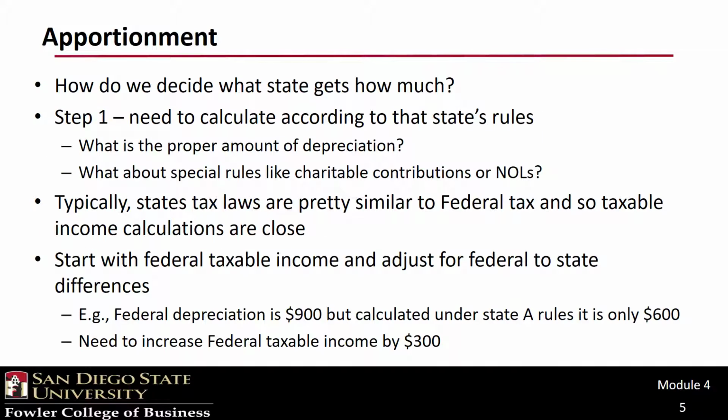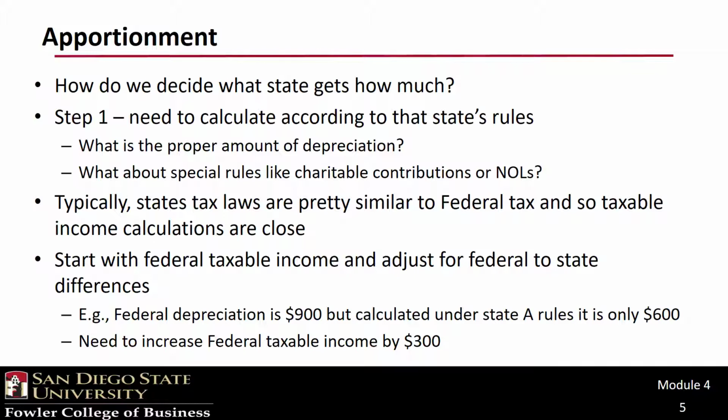But even before we get to the distribution of income across states, consider this. Our starting point was federal taxable income. Do you think that all states simply adopt the calculation of taxable income consistent with the U.S. government? I will answer that for you. No. Something as simple as depreciation can differ widely. Remember Section 179 and bonus depreciation? States may adopt those provisions, or maybe not.